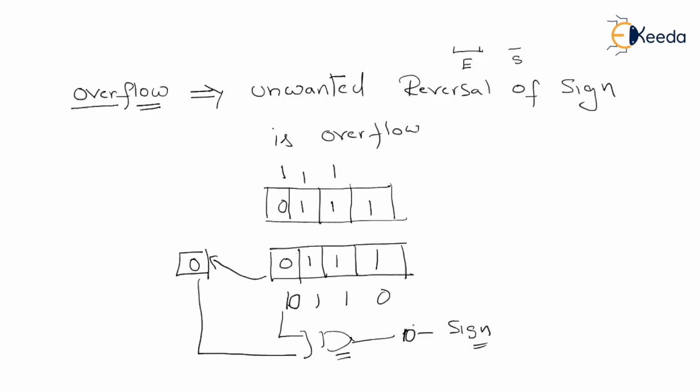Sign reversal is the biggest problem. Sign reversal is called overflow. It generally occurs when we try to add two positive values and the result is a negative value. So that can be detected by using an XOR gate. We are going to connect the input carry to the sign and the output carry from the sign to the extended digit to an XOR gate. If the result of the XOR gate is equal to 1, there is an overflow. If the result of the XOR gate is equal to 0, then there is no overflow.